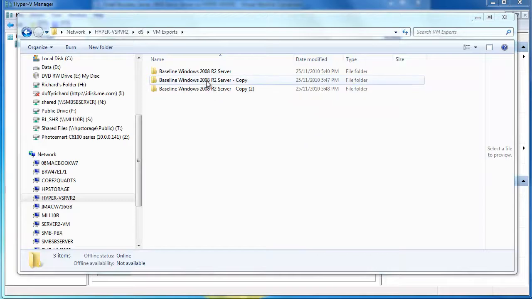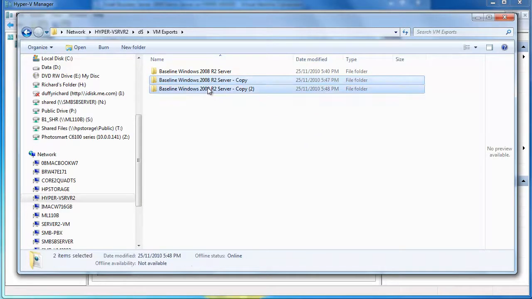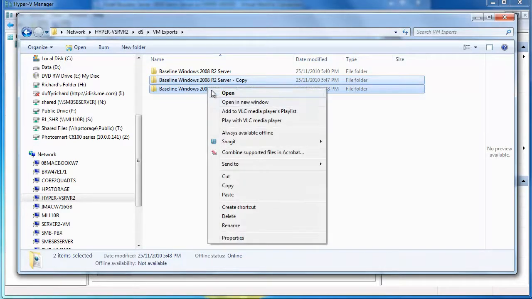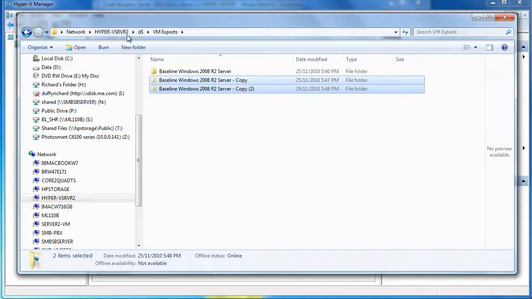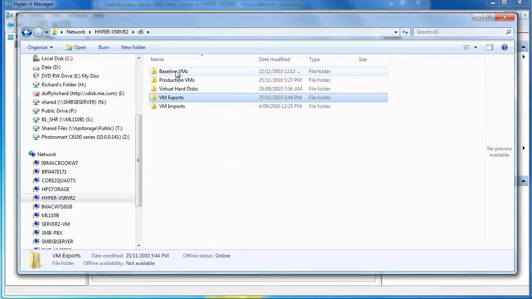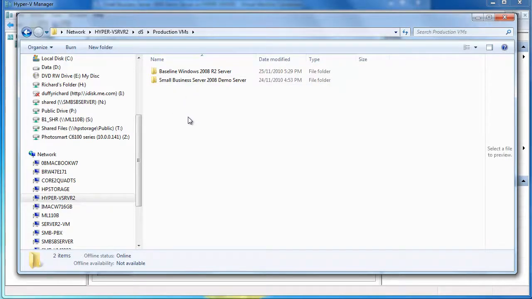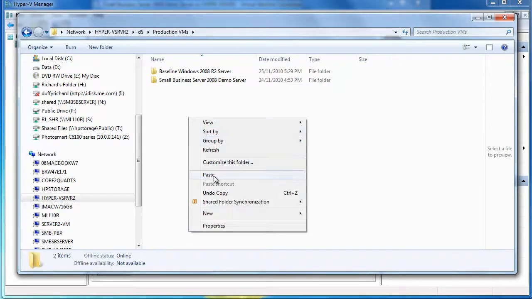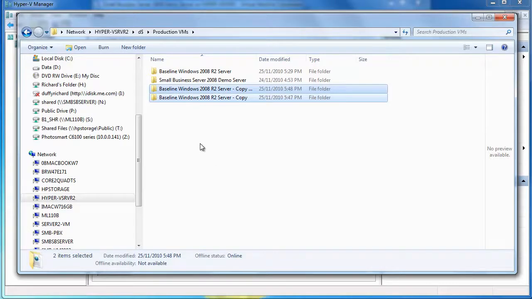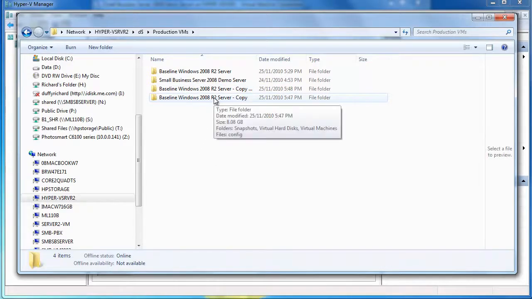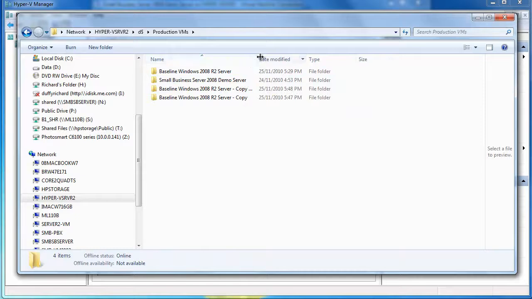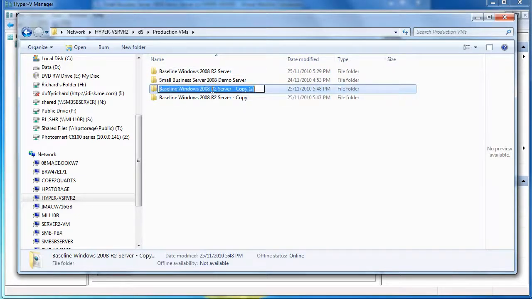So now I've got my copies. I'm going to take both of those, and I'm going to cut, and then we'll go here into our production VMs, and I'm going to paste them in here. So now they're pasted, and then I'm going to rename the folders, and I'm going to call this one SQL Server,